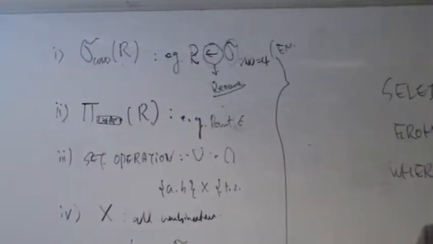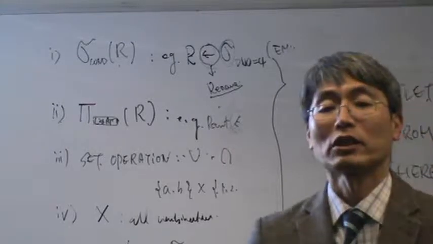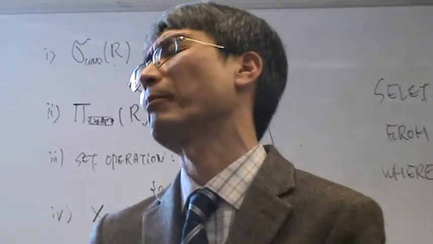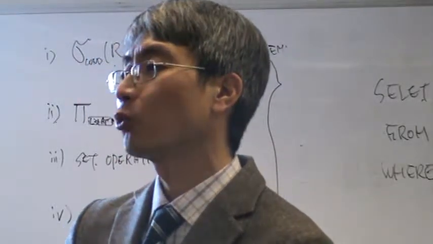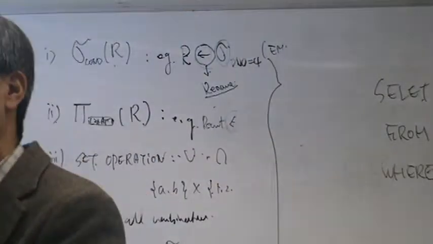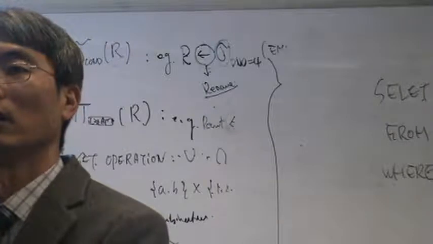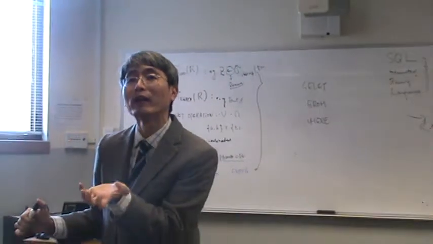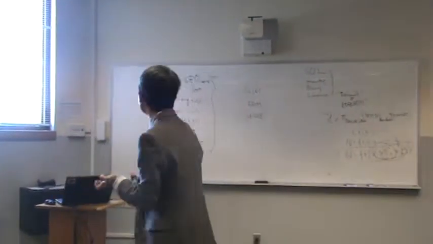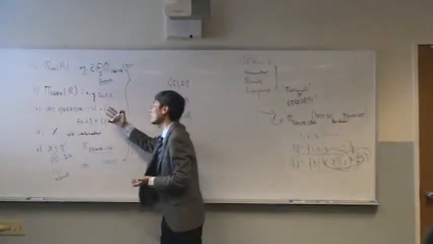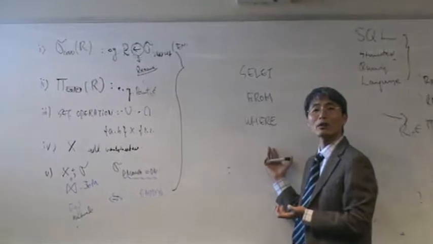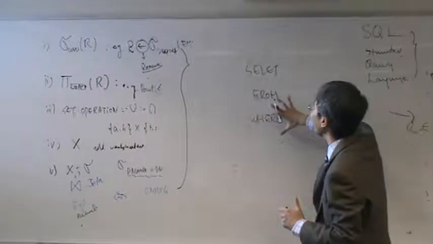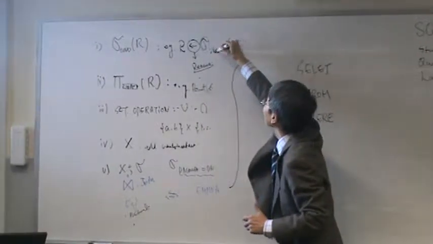So when people develop a database management system, what is the DBMS? What is the difference between a DBMS and a database model? A DBMS is software. Based on what? The database model. This is the database model. This is a DBMS, part of the DBMS. So when they implement such a database language, selection